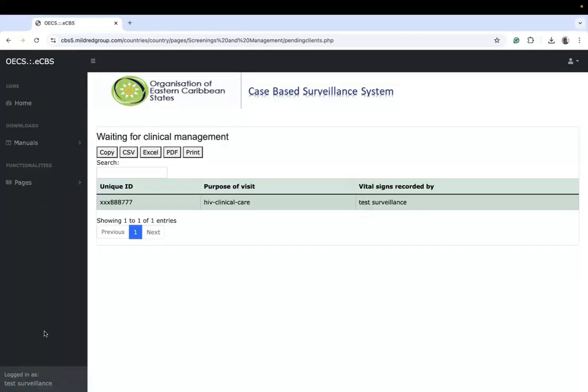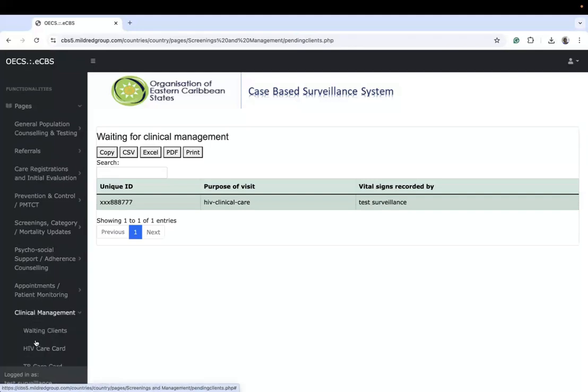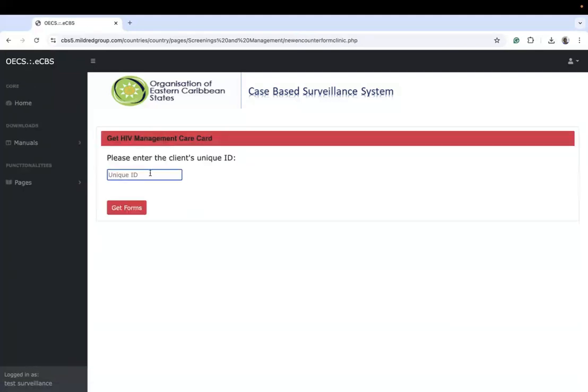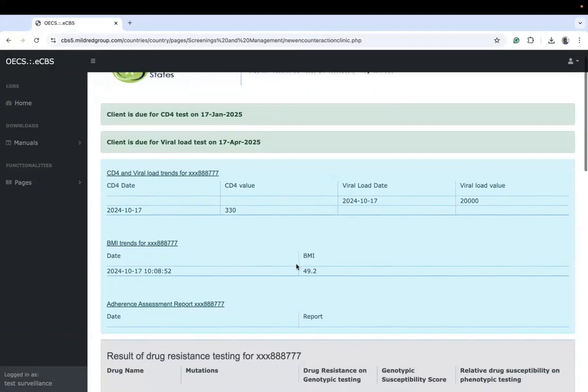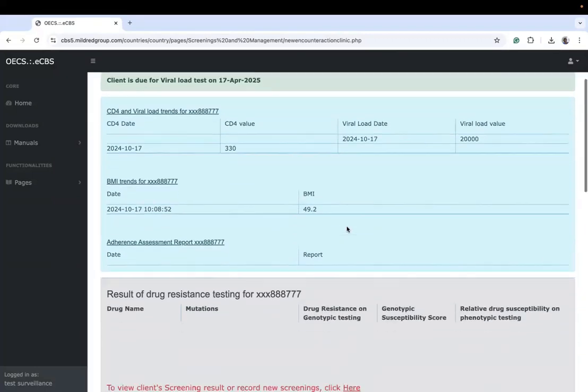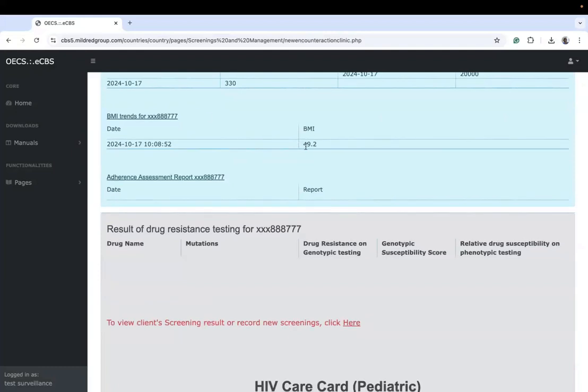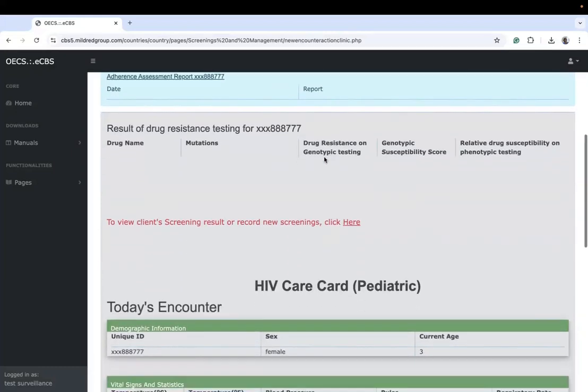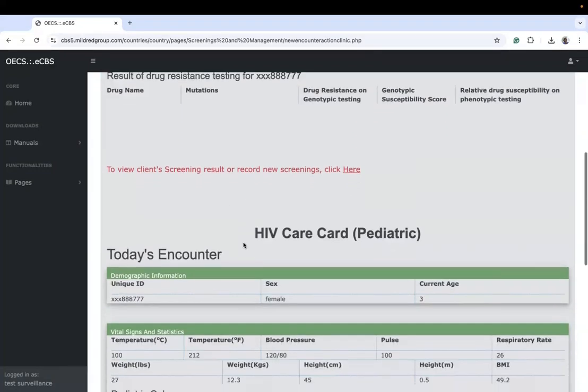If we look at waiting clients, we have Princess waiting to be seen, and the doctor can now come here to get HIV care card, put in Princess's unique ID, get forms, and we'll find everything here. The trend of CD4s and viral loads will be there. The trend of the BMI is going to be there, and then we have drug resistance test results if there are drug resistance test results recorded, and you can click to view all of the screenings record for Princess,